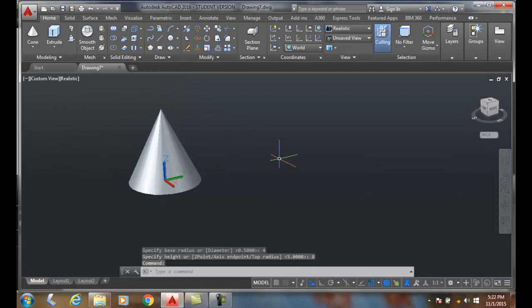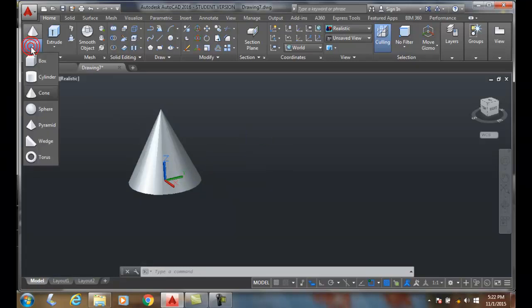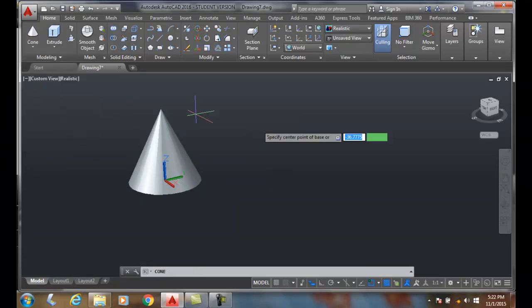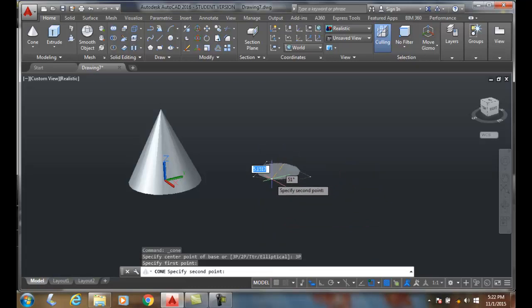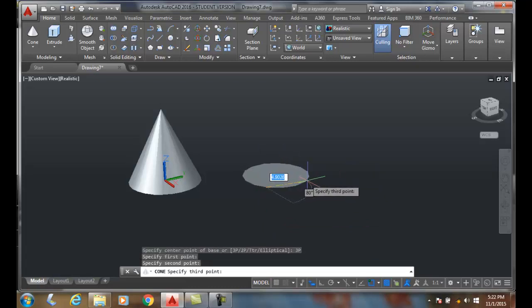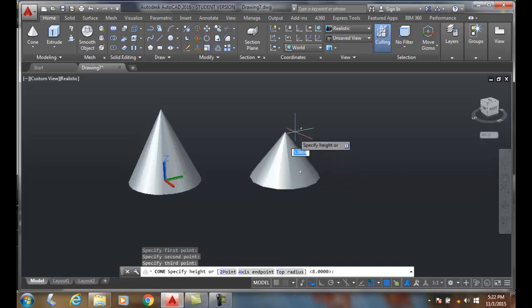Alright, now we have other ways of picking our circular part, so let's go and take a look at that. I go and hit the down arrow and hit cone. If it doesn't show up there, I can choose the 3-point, for example. I say 3 points. I can pick any 3 points on the screen, and that will drive then, anytime we have 3 points, only one circle can go through those points,